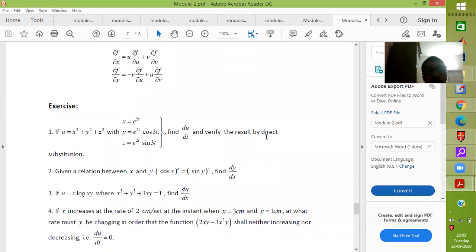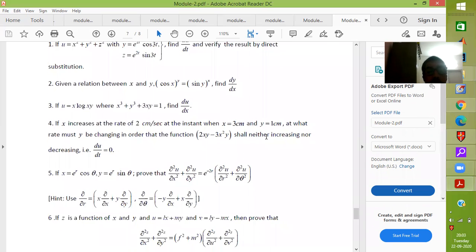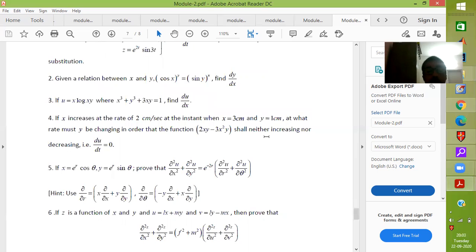There are a few examples that you can try out, and I hope you will easily get through the results for all these problems. Among these, we can rate that questions number 5 and 6 should require more attention. Total differential coefficient is a very valuable concept, and it is widely used in all engineering branches.